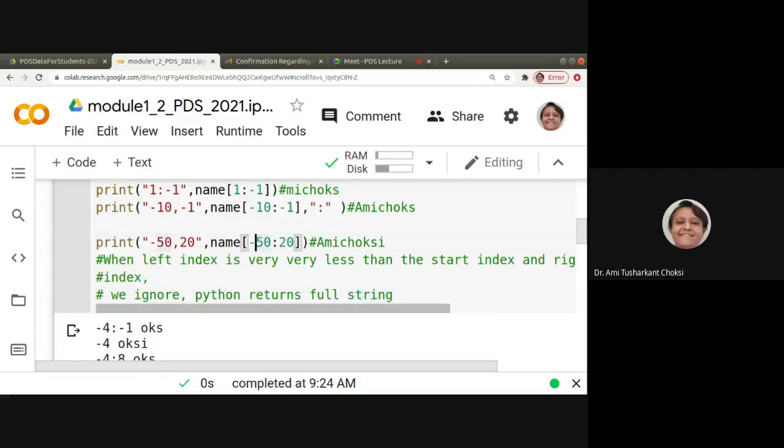Here -50 is very much less than the start index, and this right index is very much greater than the right index of our real string. Then it will return the whole string. It ignores what you are giving, fine? It gives us the full string.